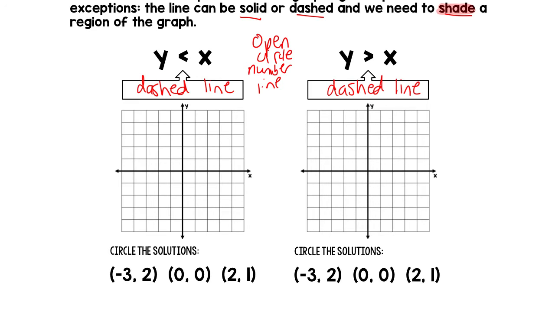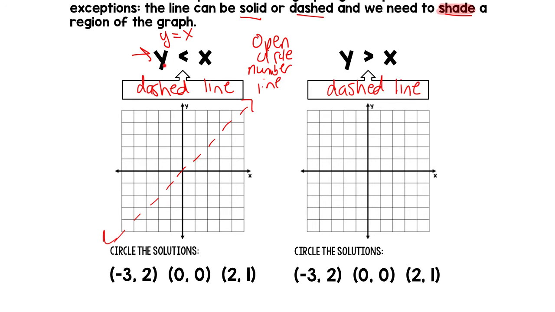-3, 2. Oh, this is our line. Y is less than X. Well, Y equals X. Let's start out like that. It is a line that splits the first and the third quadrants in half. And we want Y is less than X. If we have graphed Y equals X on our coordinate grid, like we've done here,